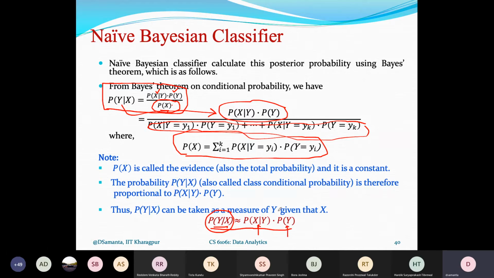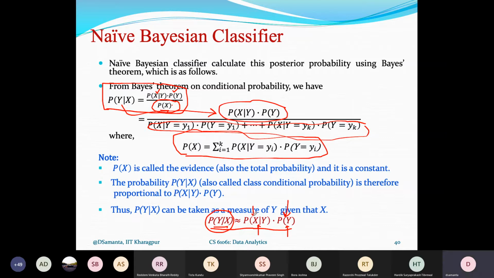Now here, the prior probability that a record belongs to a particular class level can be easily calculated from the given training data set, as I have already given an example of how prior probability can be calculated: P(y=A), P(y=B), P(y=C), if A, B, C are the three different class levels. And then again, the posterior probability